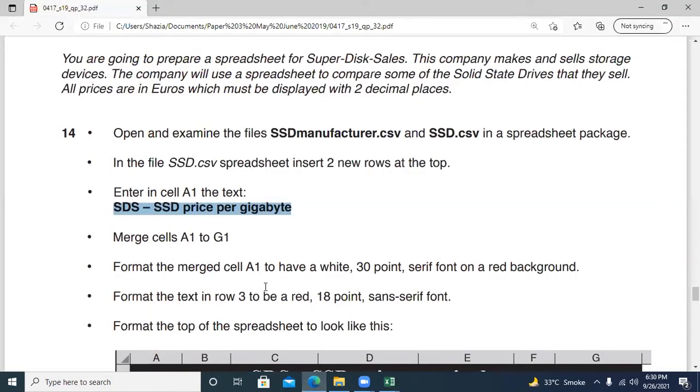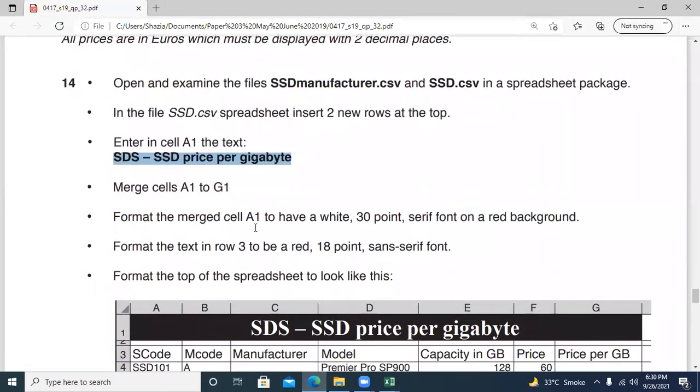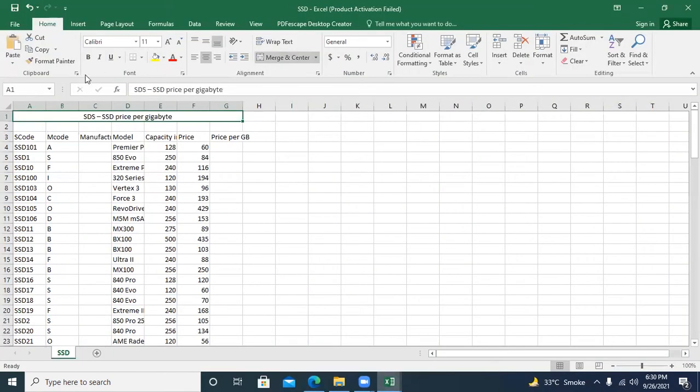Next step is to format the merged cell A1 to have a white 30 point serif font on a red background. As you know, for a serif font we have to find Times New Roman, this one, and the font size is 30.